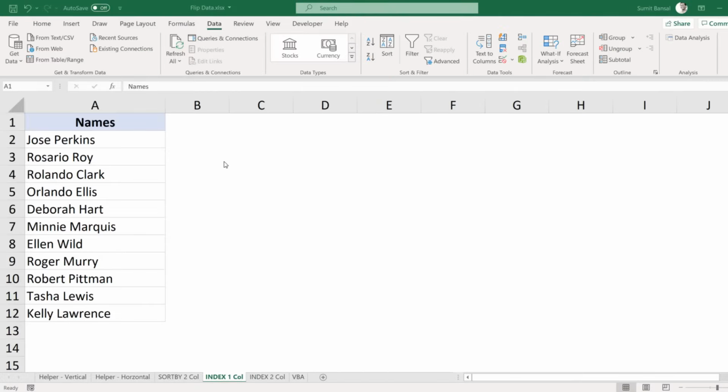If you're not using Microsoft 365, then you can use the index function to flip the data, and it's available in all the Excel versions. So let's see how to do this. Here I have these names and I want to flip this data. So I would copy the header, paste it here, and here I'm going to use the formula. So the formula is going to be